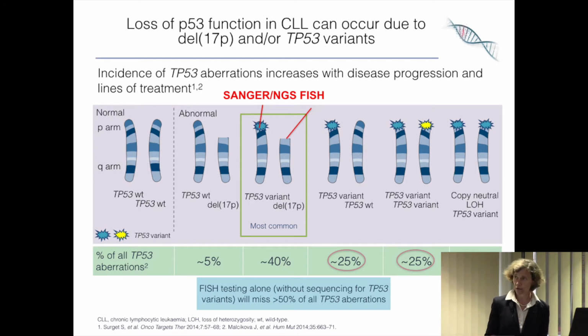The problem, and that's why I'm telling you about it, is that most clinicians in the UK and across the world only have access to one technology in their laboratories, called FISH. So when they ask for this abnormality to be tested, the laboratories will do a FISH test, fluorescence in situ hybridization, and what they will find is the deletion. So they will be picking up about 40–50% of the patients. They won't pick up the patients with mutations only, and I've just shown you that those patients do equally badly with chemotherapy. So we've been saying forever, with guidelines and everything, that all these patients should have something else done on top, called Sanger sequencing or next generation sequencing, even better,